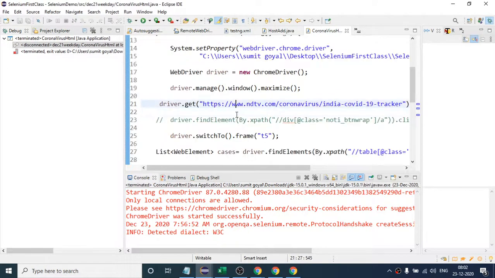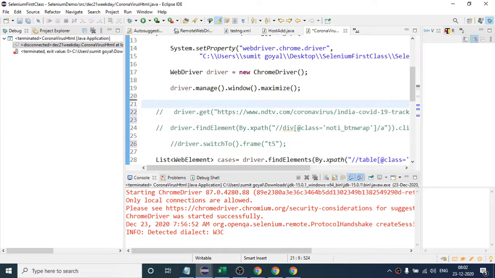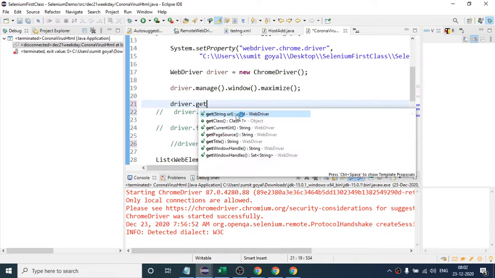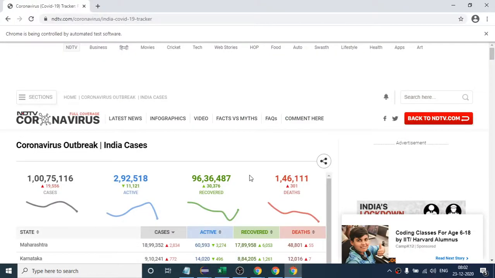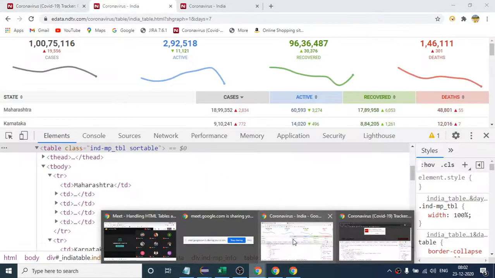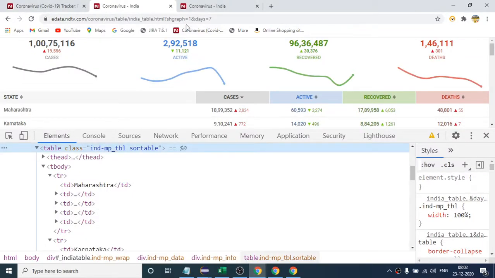So instead of opening this link, as now we do not have any frame, comment this and I will write driver dot get and use this link.